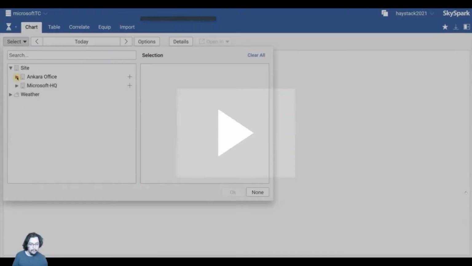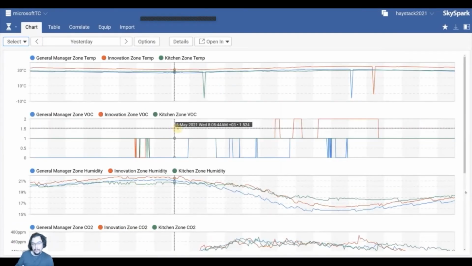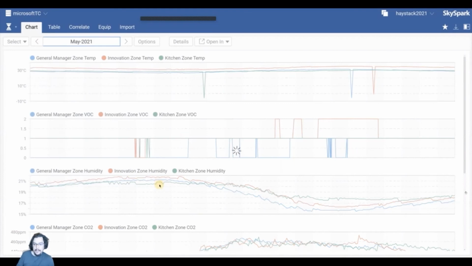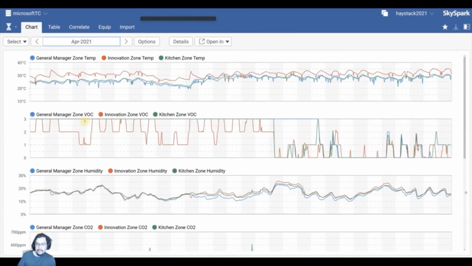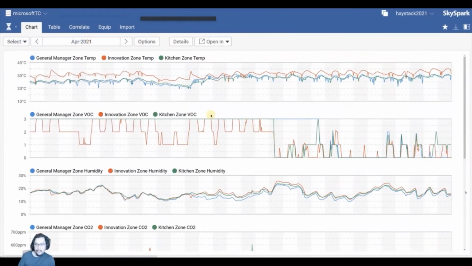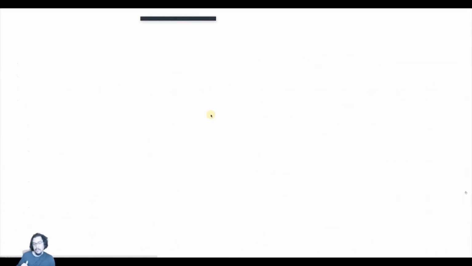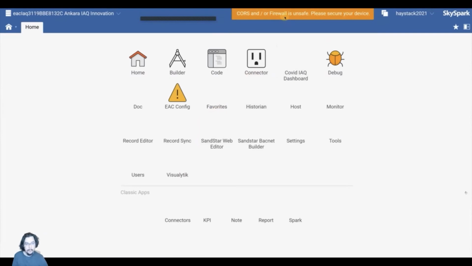So let's go through how SenStar Web Editor works through clustering. What you're seeing is a project of 3 different indoor air quality sensors installed all the way around the world, and we can see all of its data. We can see all the information from the indoor air quality sensors. This is basically clustered to our instance in Austin, Texas. So I'm going to go into one of these indoor air quality sensors, and we're going to look at some of the data in there, and we're going to go into the SenStar Web Editor through clustering. So this data is loaded to us through clustering, no firewall or IT involvement within this application.